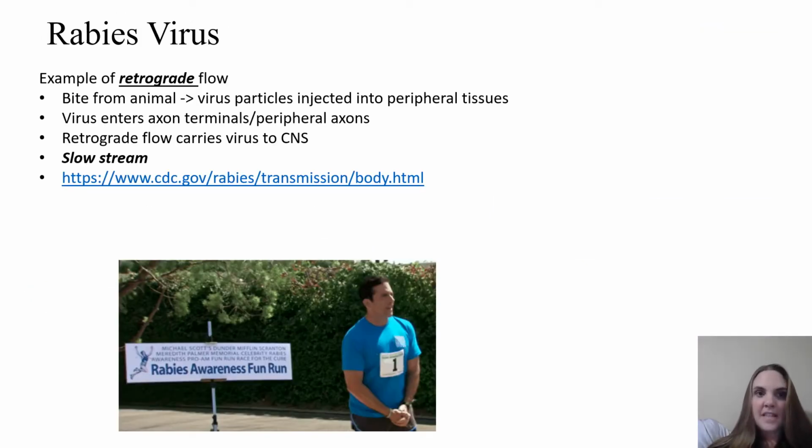So one good example of retrograde flow is the rabies virus. I obviously am interested in this virus being a veterinarian, but it can affect humans as well. And it is a kind of interesting virus the way it travels. So I'm just going to draw a quick